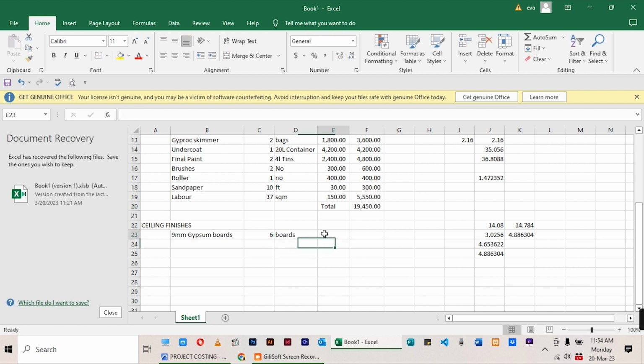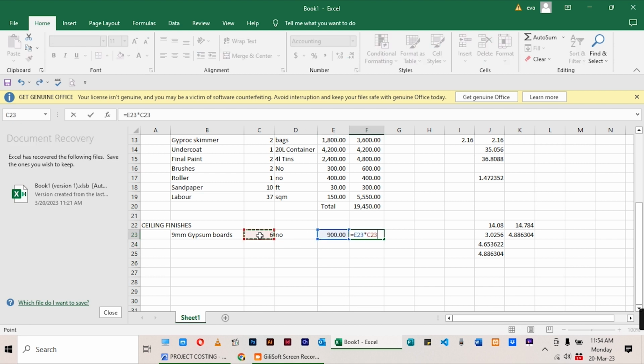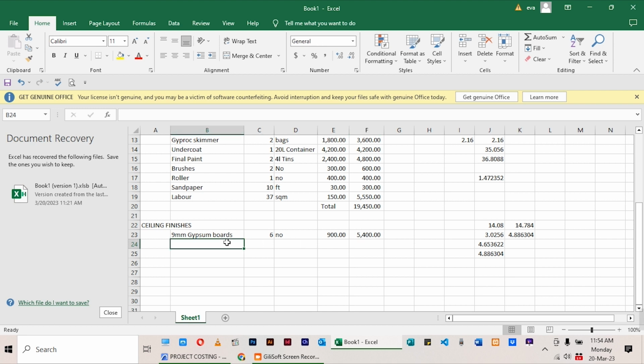6 boards. Each board currently in Kenya is retailing at 900. So, okay, this multiply by this, that you get. Gypsum